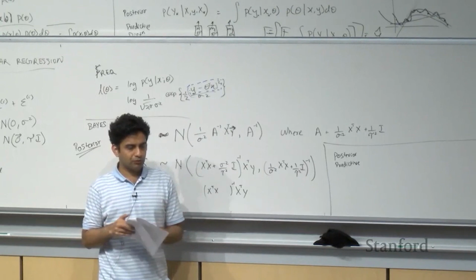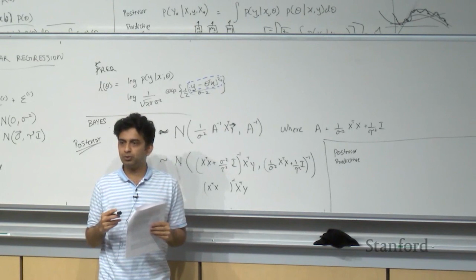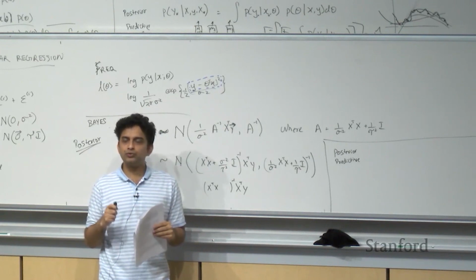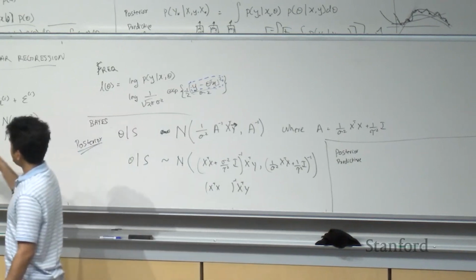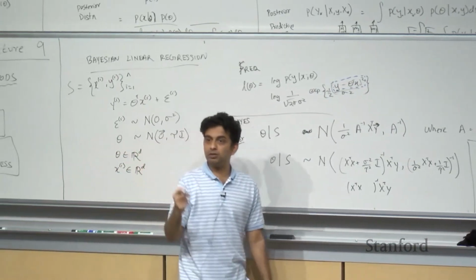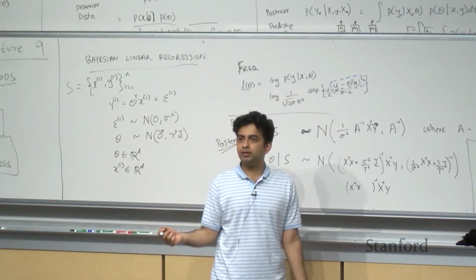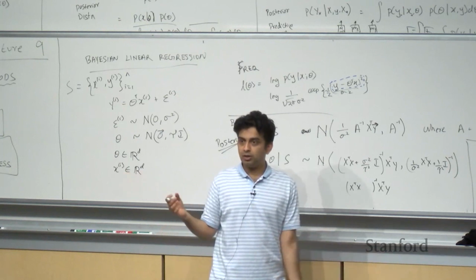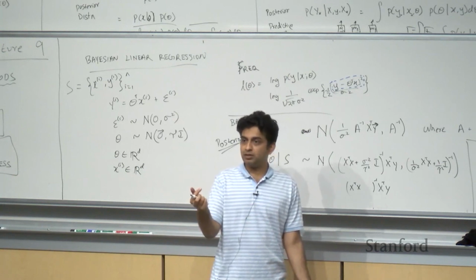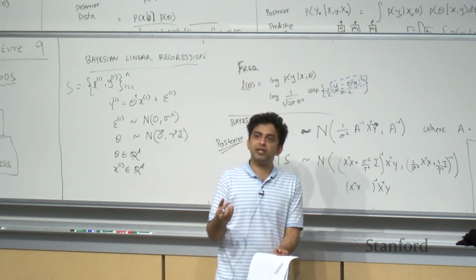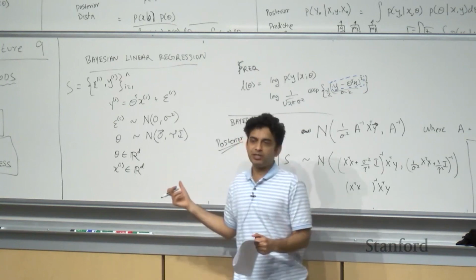Which brings to a good point. One of the fundamental points about Bayesian approaches is that they are used for estimating uncertainties. In maximum likelihood estimation, we got a point estimate for theta hat, the parameters, but there was no uncertainty estimation that came along with it. Generally, if you have a lot of data, you should expect to have more confidence in your estimate theta hat. Similarly, if your data was small, you should expect less confidence in your estimate of theta. And frequentist methods don't give you that